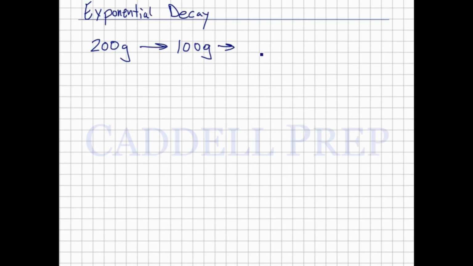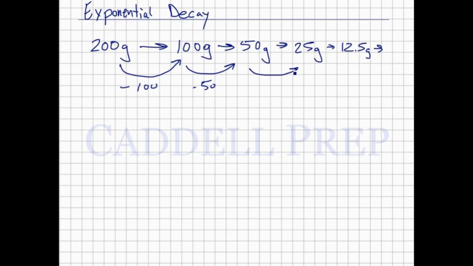Okay, then it decreases by half that amount to 50 grams, then half of that to 25 grams, then 12.5 grams, and so on. So the amount that it decreases by constantly changes. So it was 100, then it decreased by 50, then it decreased by 25, then it decreased by 12.5. So this is a lot different than linear